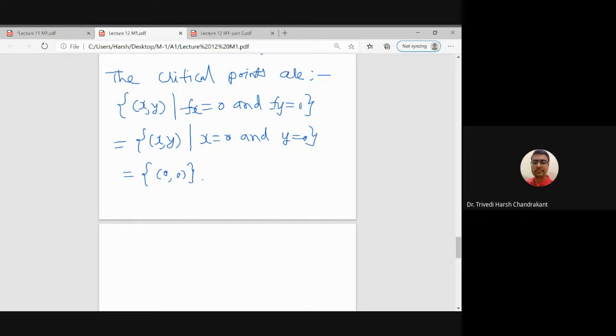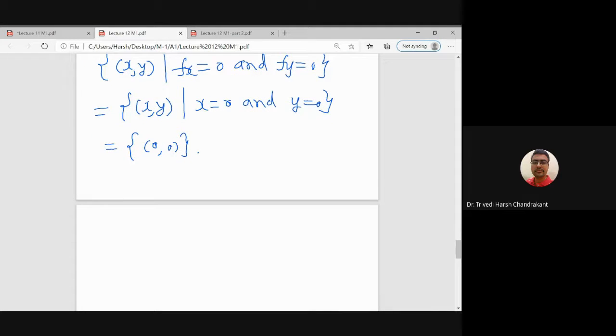So two things we have discussed. One is local maximum and local minimum value of the function. That means in a small neighborhood of the point, at all the points in that neighborhood, the value of the function is smaller than at the given point. That is local maximum, right? Similarly, local minimum. Now, what is the point which is neither local maximum nor local minimum?